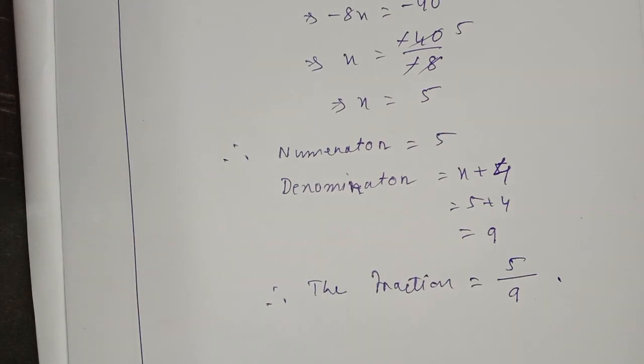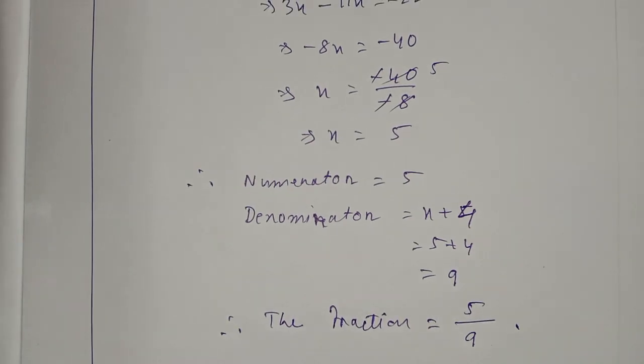Now, one thing I want to say again: whatever I have done today is only for Exercise 2.2. Suppose questions like question number 16 and 17 are not done, and question numbers 19, 20, 21, 22 are also not done, there is no need, they are not so important. Whatever the important things are, I will discuss here. Okay, don't worry. Whatever you need and whatever you have to learn, those things I am going to discuss here.